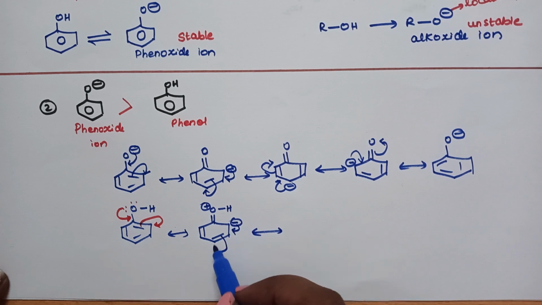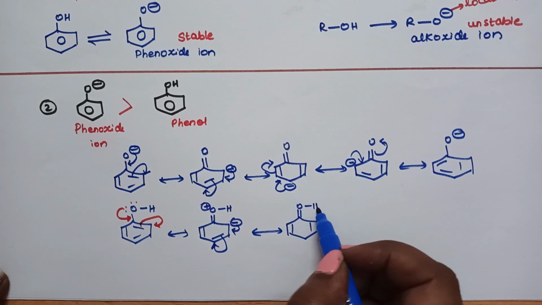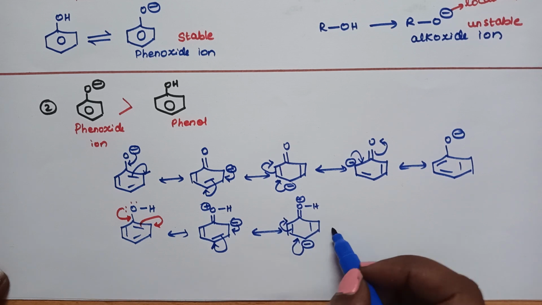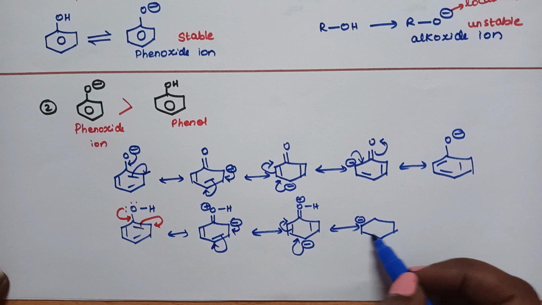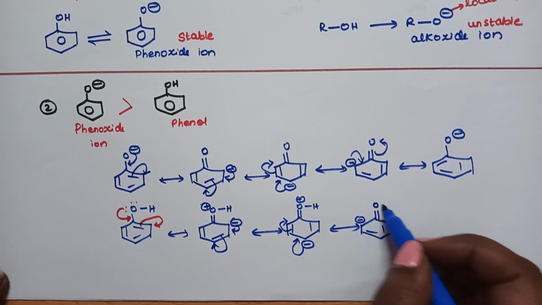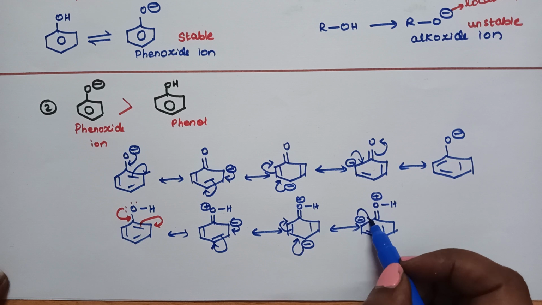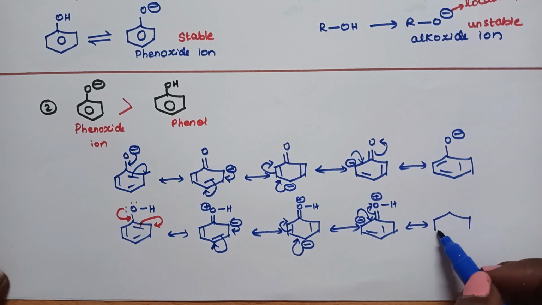Move this here and this electrons here. Negative sign here. So again negative sign move here, this one here. Double bond OH, positive sign. So again negative sign here and then this bond here. So finally you will be getting